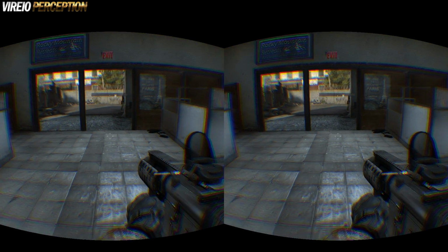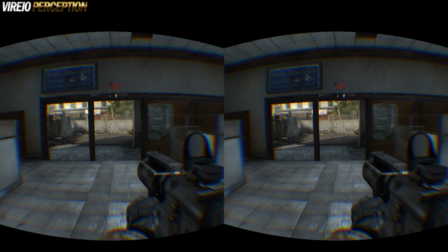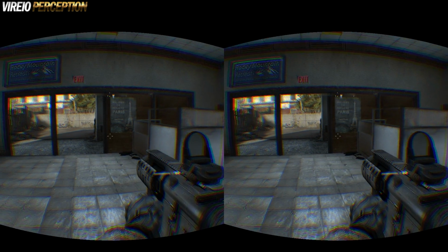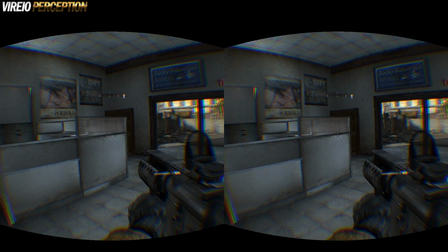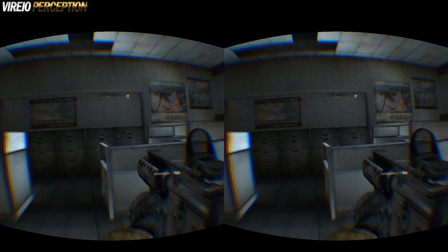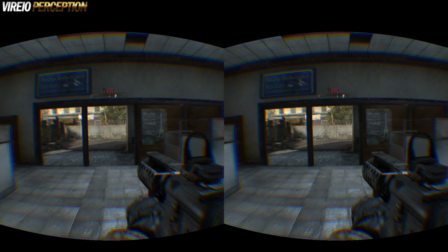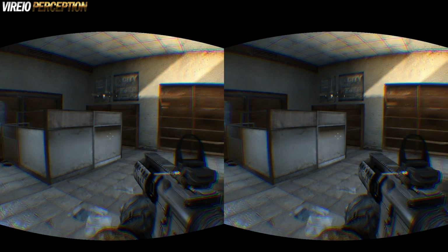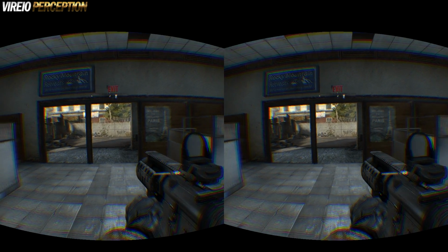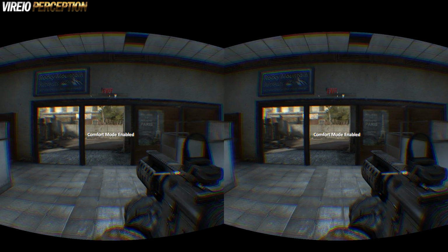So the other thing I wanted to show you was the newly added comfort mode, which I believe was first invented by Cloudhead Games for the gallery. This is where, instead of the sticks on your controller or your keyboard actually turning you around in this kind of continuous motion, it will do it in discrete jumps, which some people like and has been shown to potentially reduce VR sickness. Now the way I turn that on is the Shift and M key, which I'll do,